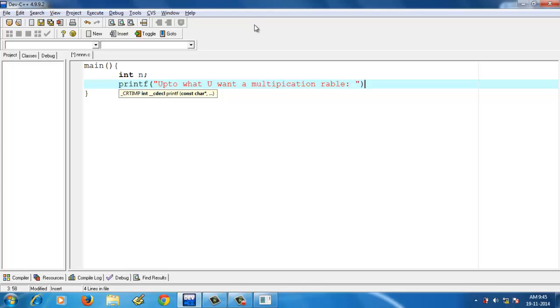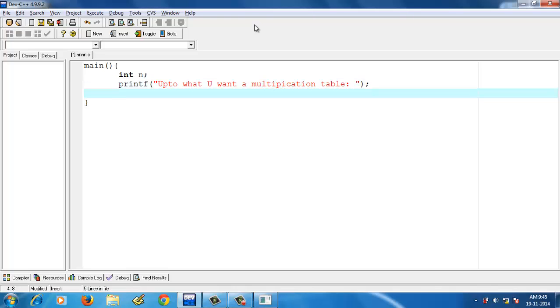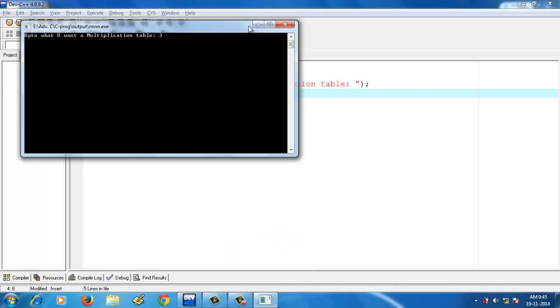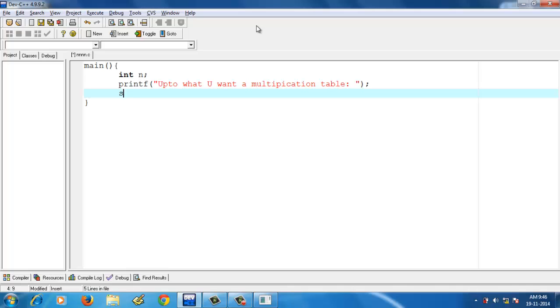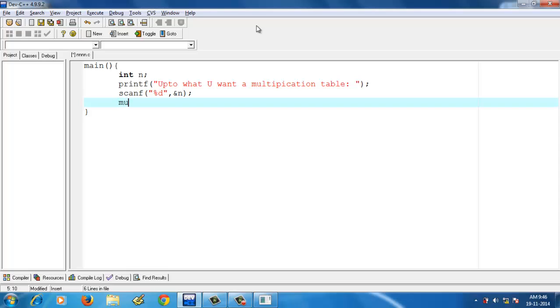Then when the user gives a number as 3, that number is received by the scanf function and stored in the variable n. Here it is n and that is an integer type, so we need to specify the integer type as %d.